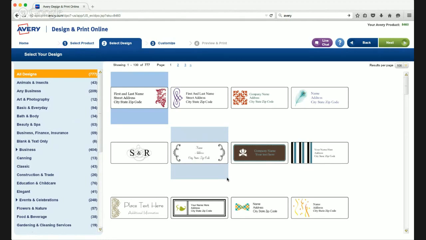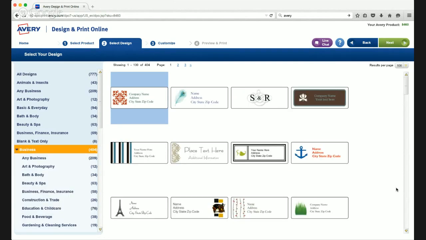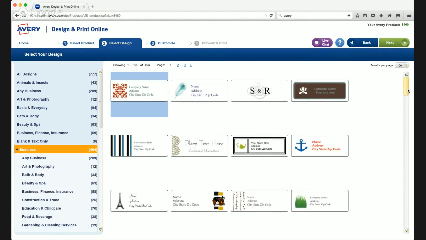And remember, you're trying to make your return address label look like you're just sending someone an invitation from your home. So you can use your business address, but I'll show you how to make it look like it's coming from your home. So if I click on business here, it's going to open up a few different